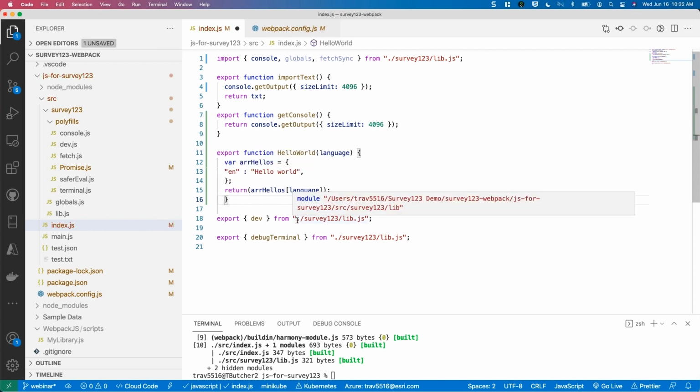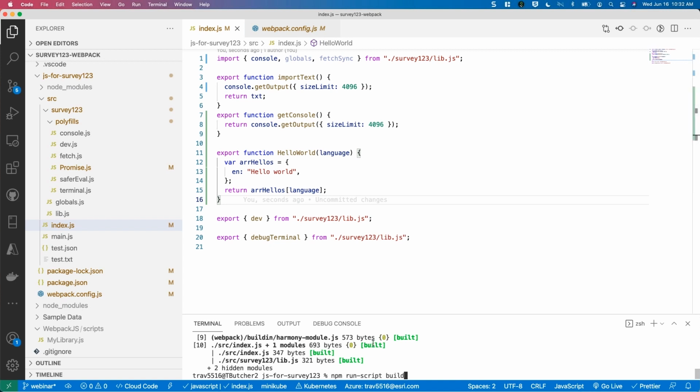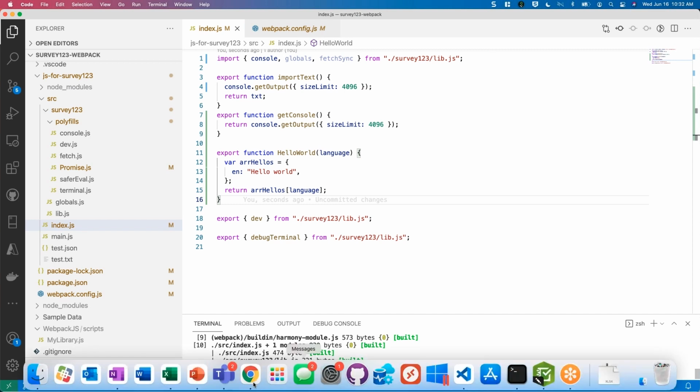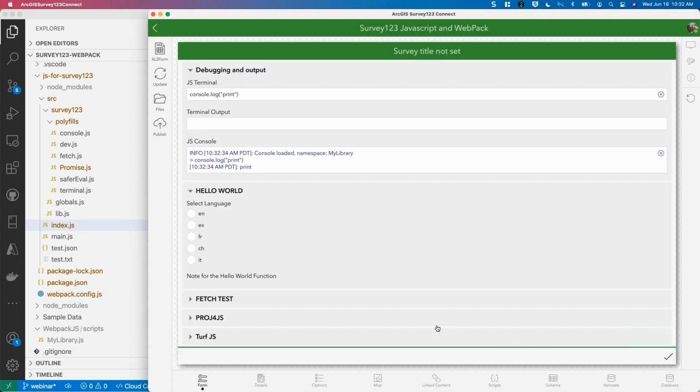So here I created a function called hello world. It's just a simple array of languages, and I can save it. Now if I save this file and simply run my build again, it's run through the Webpack and built that file. And if I switch back to Survey123, you'll notice if I select language, it's going to give me my